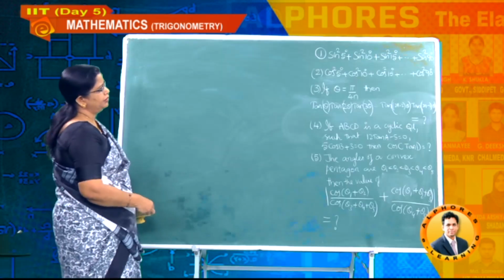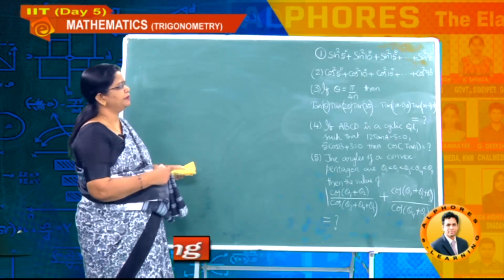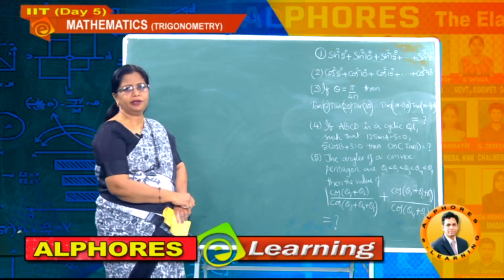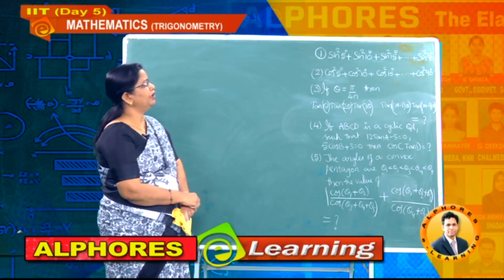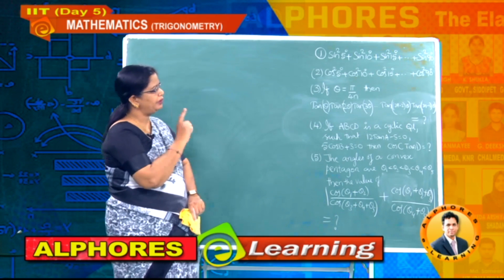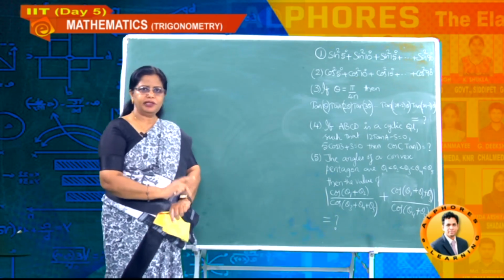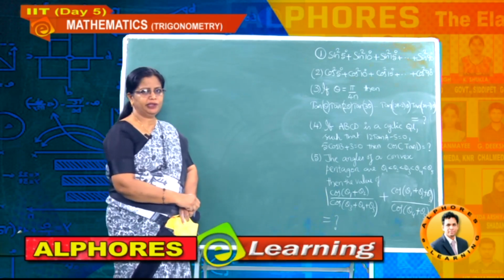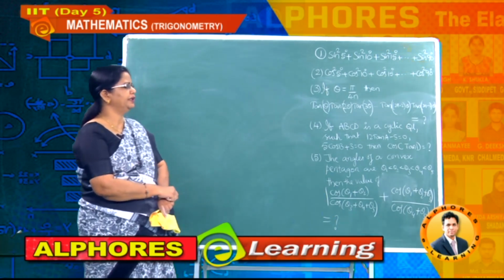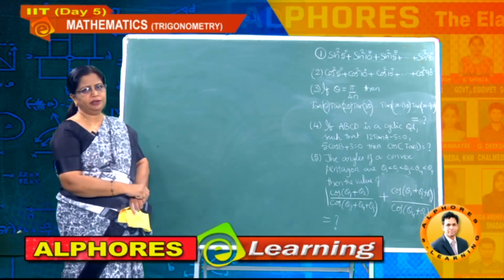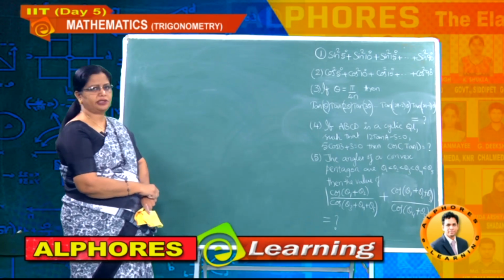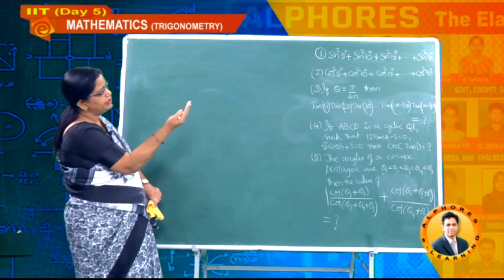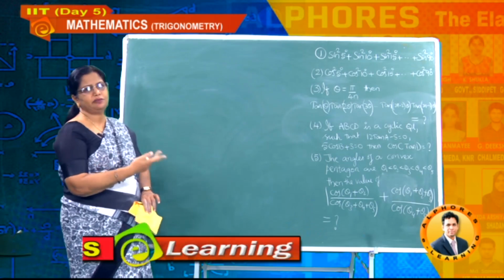Okay students, now observe here. First problem: sin square 5 plus sin square 10 plus etc. sin square 90. Among all these values, which value do you know directly? sin 90, it is 1. And what about 5 degrees? We don't know. 10 also we don't know. Just now we said that whenever many terms are given in any problem, our concentration has to be on the first term and last term, and if not, the preceding term of the last term, that is the last but one term.